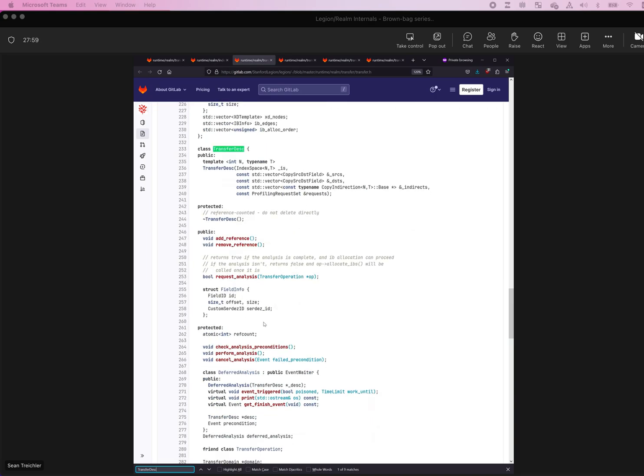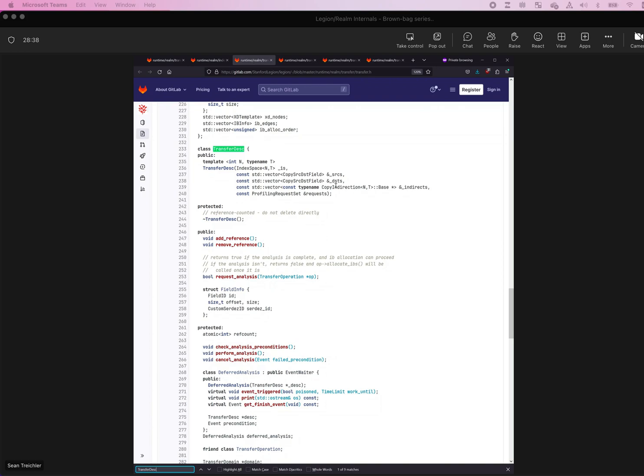The analysis uses the information about the index space and the instances, and so it can be that there are even preconditions on the analysis. You need to know the layout of the index space, which you don't necessarily know until the allocation is completed. You need to know the contents of the index space, which you don't necessarily know until that index space has been computed. You also need to know the layout of the instances that are being referred to, and those don't exist in full until both the allocation of that instance has succeeded and the metadata has been moved to this particular node where the copy is being analyzed. So there can be a number of things that